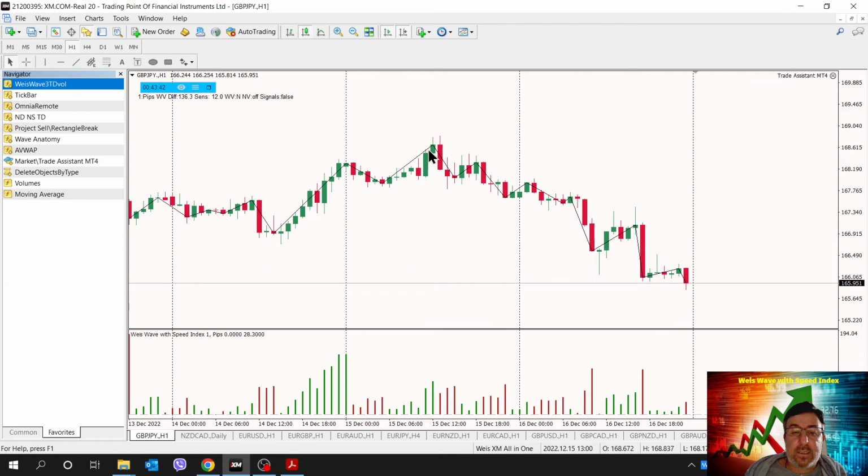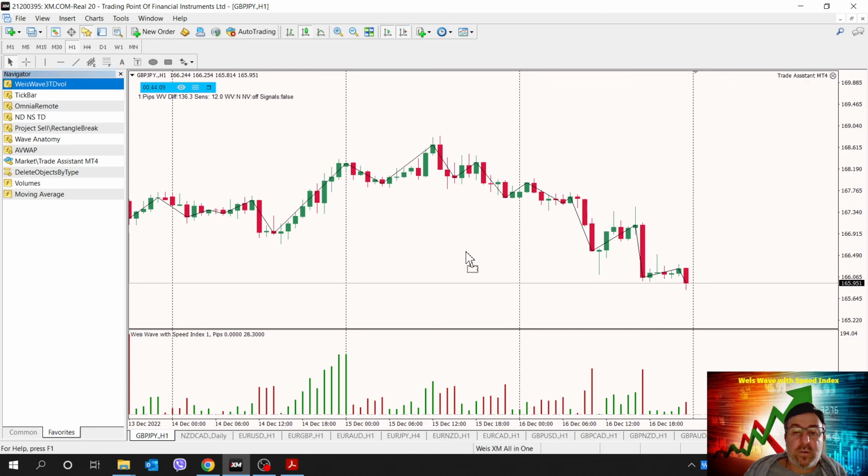And now we got our pip waves, okay, with nothing displayed on the chart. Okay, this is a pip waves is shown here, and it's also shown here. Number 1 indicator is showing our pips and our sensitivity is set to 12, which means it's not on manual way, but it's in the auto waves, okay? Plus, the signals of Bluetooth are set to false, okay?